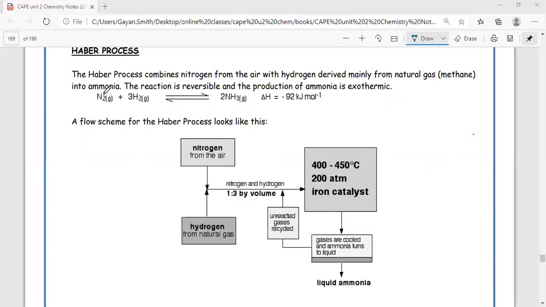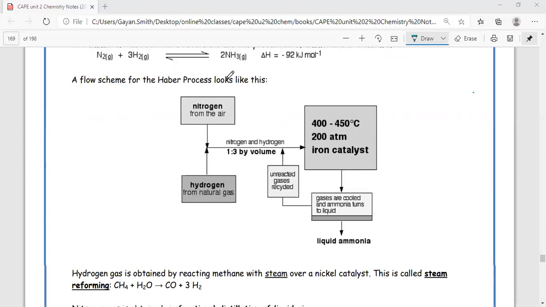One molecule of nitrogen combines with three molecules of hydrogen to provide two ammonia molecules, and 92 kilojoules of energy is evolved. The flow diagram for the process is as shown here. Nitrogen is extracted from air by fractional distillation, and hydrogen is derived from the natural gas. They are combined with each other in a 1:3 ratio as dictated by the chemical equation. So for every 1 part of nitrogen, you need to supply 3 parts of hydrogen